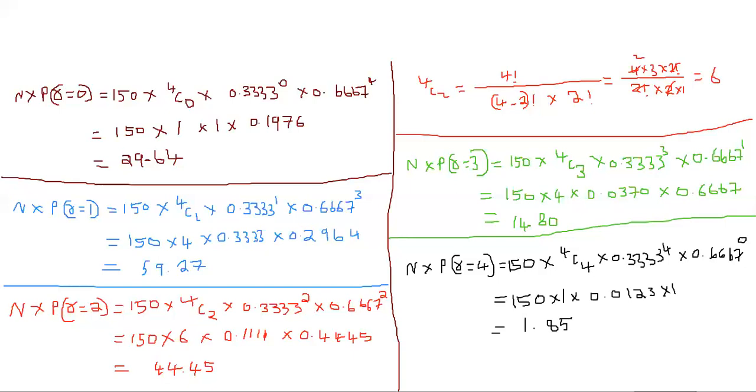Okay, so these are the values of P of r for r is equal to 0, r is equal to 1, r is equal to 2, r is equal to 3, and r is equal to 4. After finding the values, we need to present them in one particular manner. That I'll show you. I'll wait for 1 more minute. You please copy it. Afterwards, I'll do that in the new board.